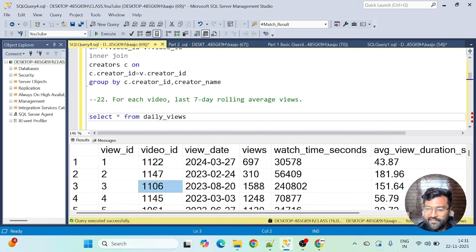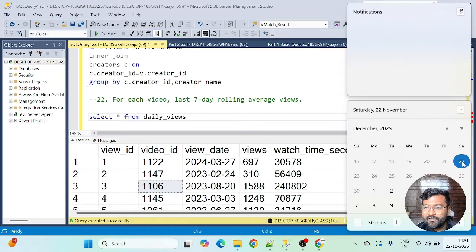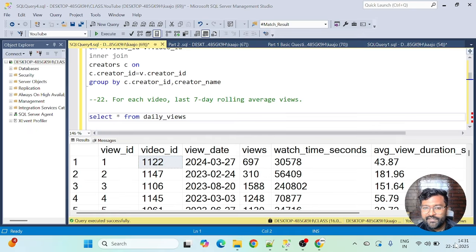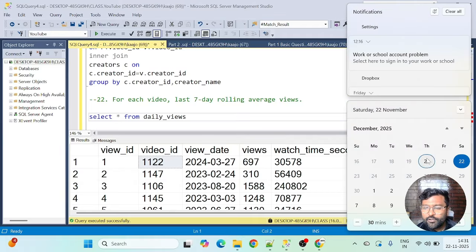When I say last 7-day rolling average views, last 7 days does not necessarily mean last week. For example, today is 22nd, so from last Saturday to today. That is not the case. Last 7-day rolling average means, if somebody watched this video ID 1122 on 20th, then for that video, the 7th day will become 20th.